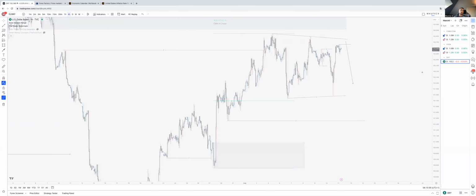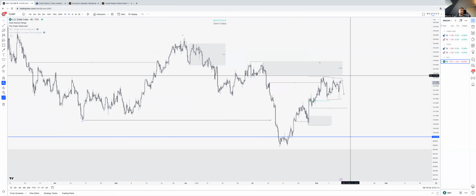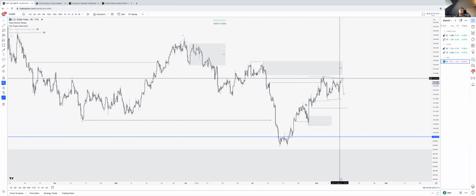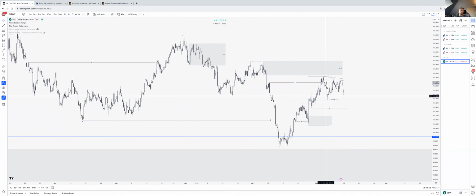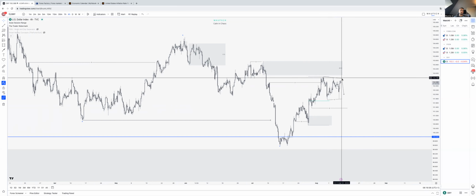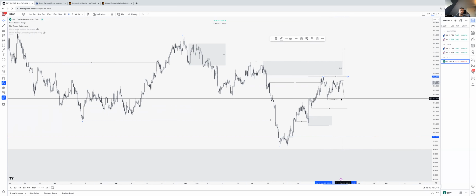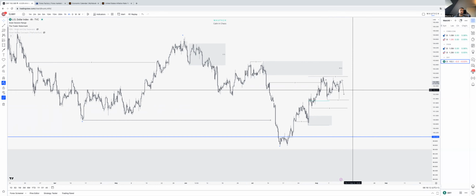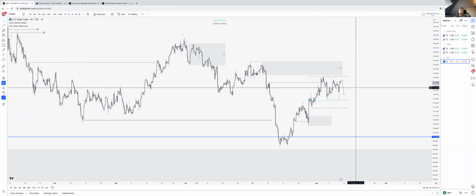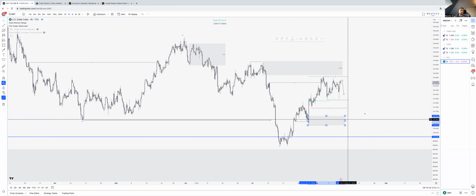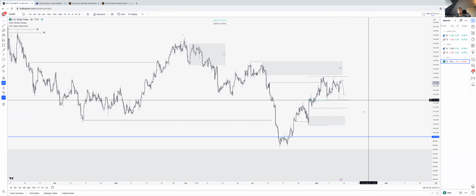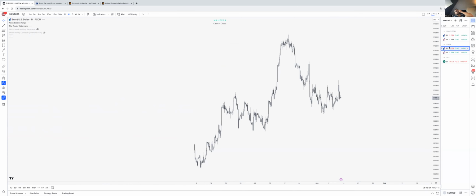Zoom out on DXY. We are looking to short from this area. We have no structure realignment yet. Bearish break, but liquidity building up both sides. So let's wait for one side or the other side to be taken first, and then we can use that. Ideally, if we come down first, I would look for longs from here, of course. All right, so that's my pre-market analysis.